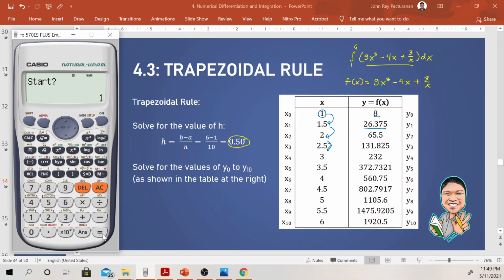So, 3 over x siya. So, ano ba yung start? Di ba ang start natin is 1? Alam mo, magi-start sa 1, matatapos sa 6, and yung interval is the step 0.50. So, click mo lang siya, and just press equal sign. Ito siya, 8, 26.375, 65.5. Syempre dito, kung gusto mo siyang gawing decimal, click mo lang itong SD, 65.5,